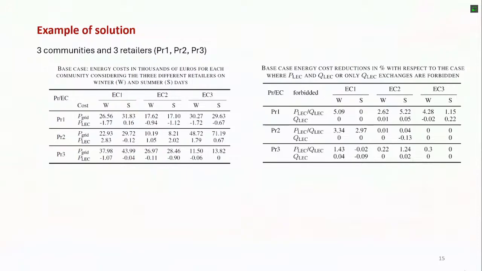You can see the advantages when you have no community, the first row. In some cases, for example winter, there is a 5% reduction, 2% reduction, 5% reduction, 1% reduction. They are all different, no? So different users gain in a different way, but nobody is losing anything. So none of the users, with this pricing mechanism, has a disadvantage from participating in the